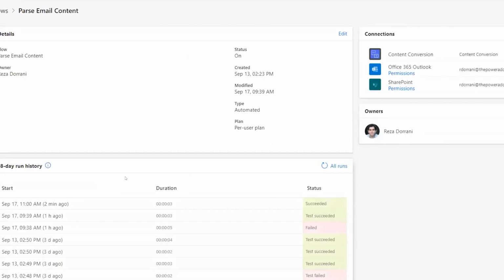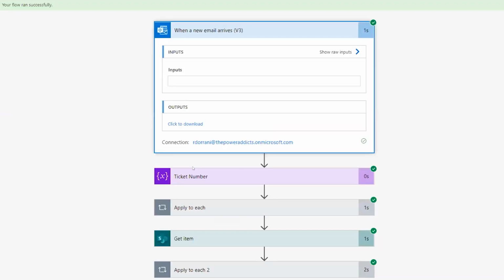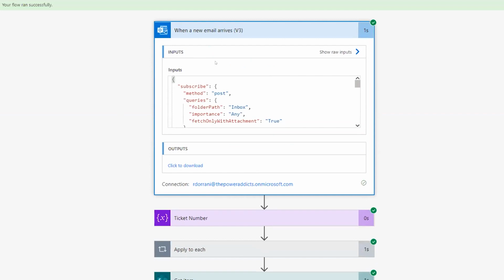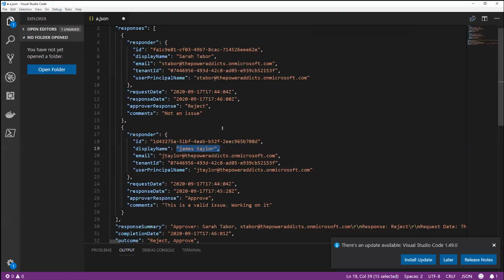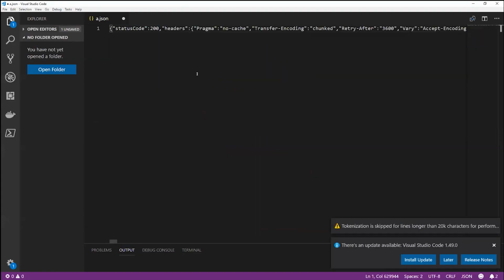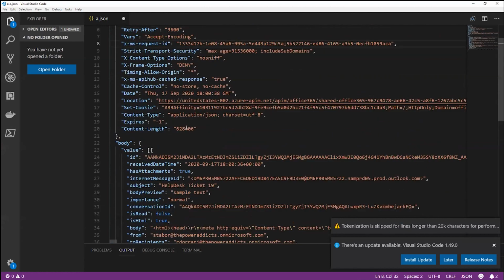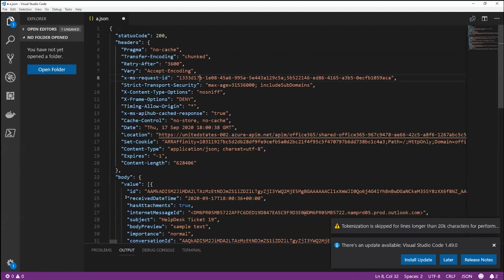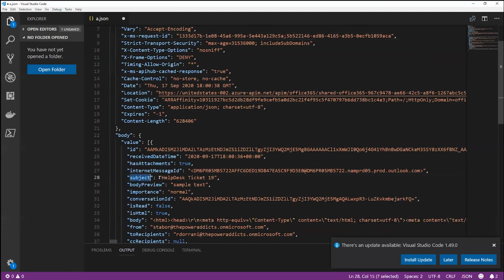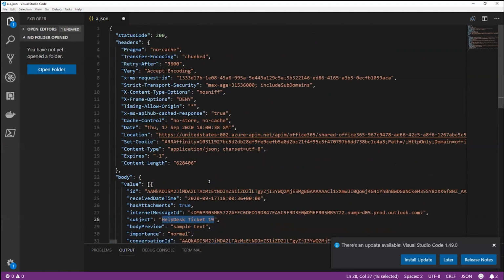Right? Now, if I go back to the flow run, once again, JSON is very important to understand, guys. My trigger action has an output, which is of type JSON. So I'm going to grab this. And of course, the JSON is going to look a little daunting. And the way you format this is Control A, Alt, Shift, and F, and it's formatted, so it's no longer confusing. Now let's see, how can I grab the subject? So here's my subject, guys. Help desk ticket 19. Remember, this is what I'm interested in, the subject. How do I grab this through expressions?